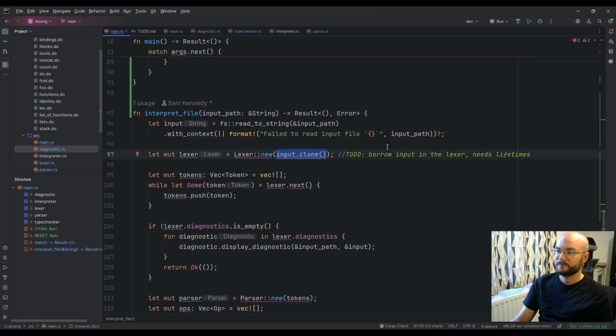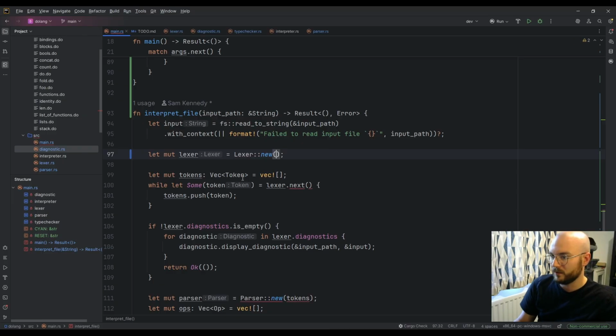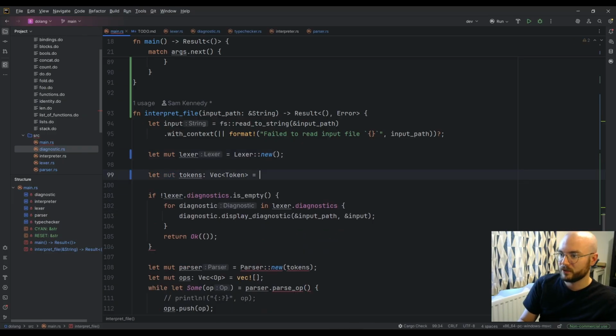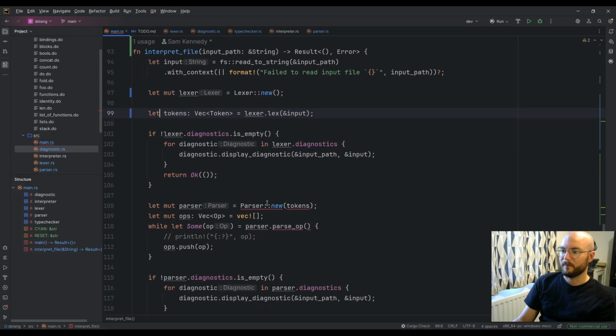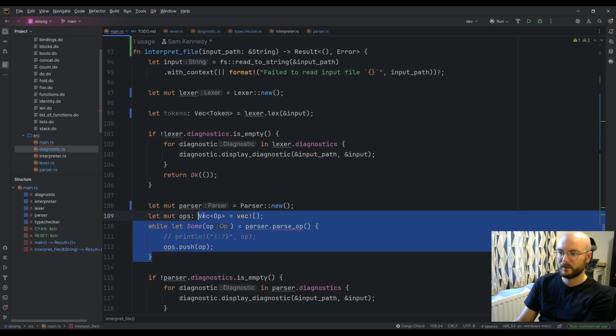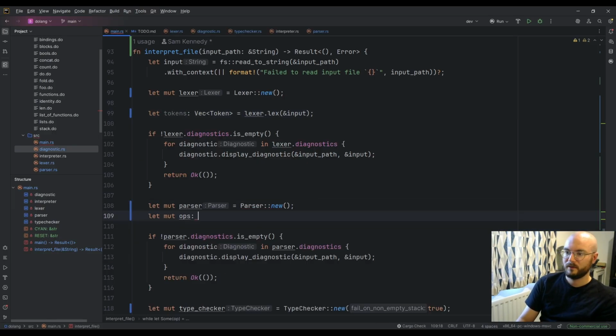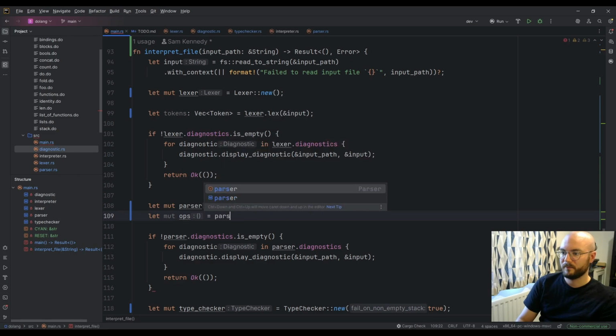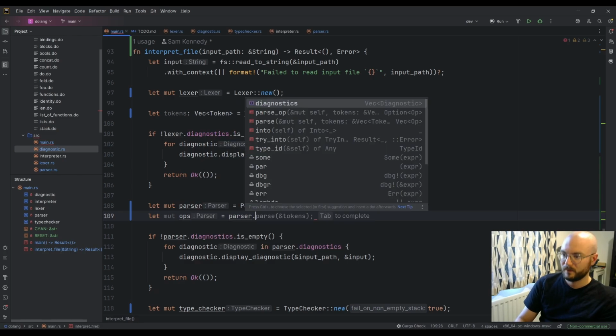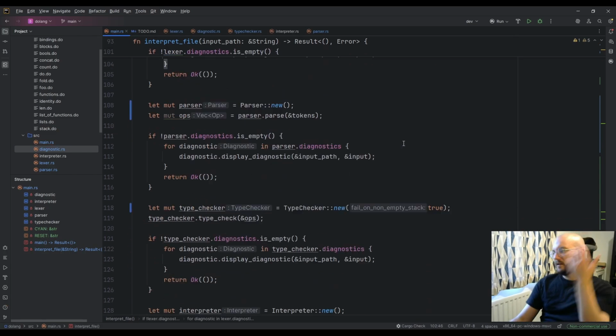Okay. And look, I even say borrow the input in the lexer. I said it needs lifetimes, but I'm actually wrong. So we make a new lexer and we just say tokens equals lexer lex the input, and this doesn't even have to be mutable anymore. And then the parser, we just say new parser, ops equals parser parse tokens, and there we go.